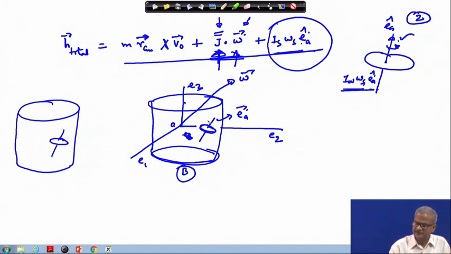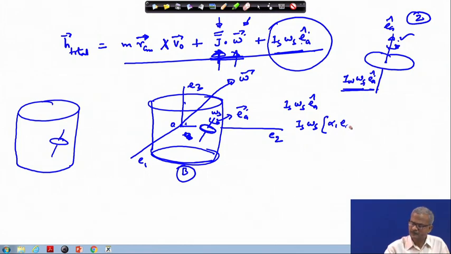Thereafter, if this wheel is rotating, add the angular momentum for that. This wheel is rotating with respect to this body at the angular speed omega s. So, I s times omega s times E a cap becomes the extra angular momentum. Obviously, we will have to convert this whole thing in terms of the body axis. So, let us say this is alpha 1 E a E 1 cap.